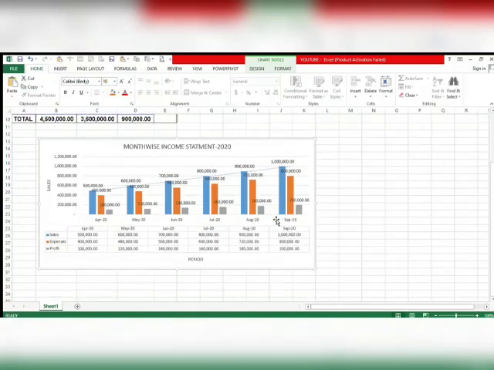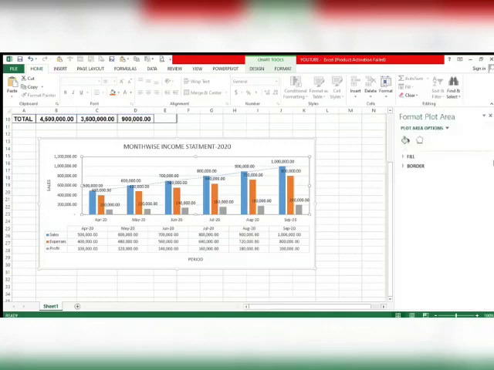Okay. So next step is we can make a formatting for the plot area. Plot area, let's take first one. Just right click, then you will get a format plot area. Click that one, then you will get a small window in the right side. Okay, then take the fill area. Then here we can see some options: no fill, solid fill, gradient fill, then picture or texture fill, then pattern fill, like that. So let's take a gradient fill. Okay, gradient fill will be better.